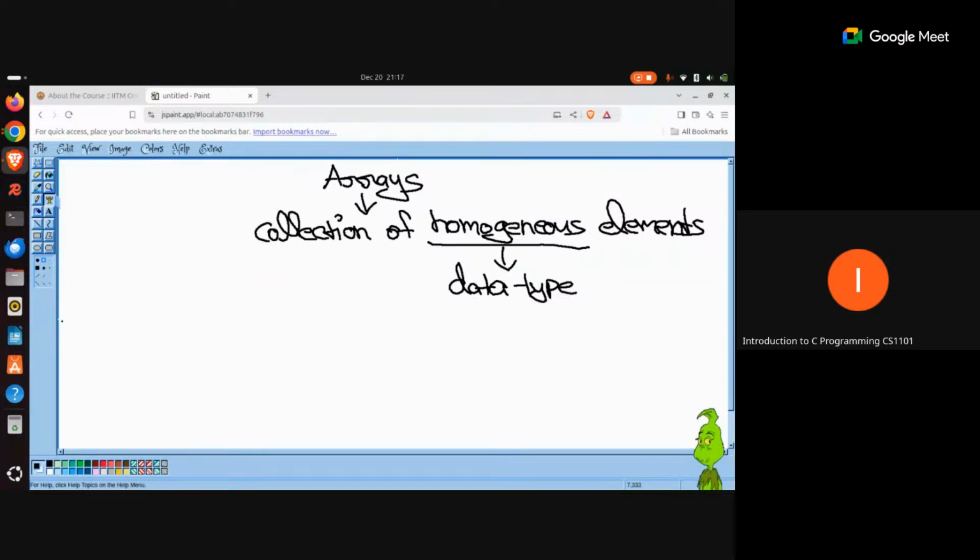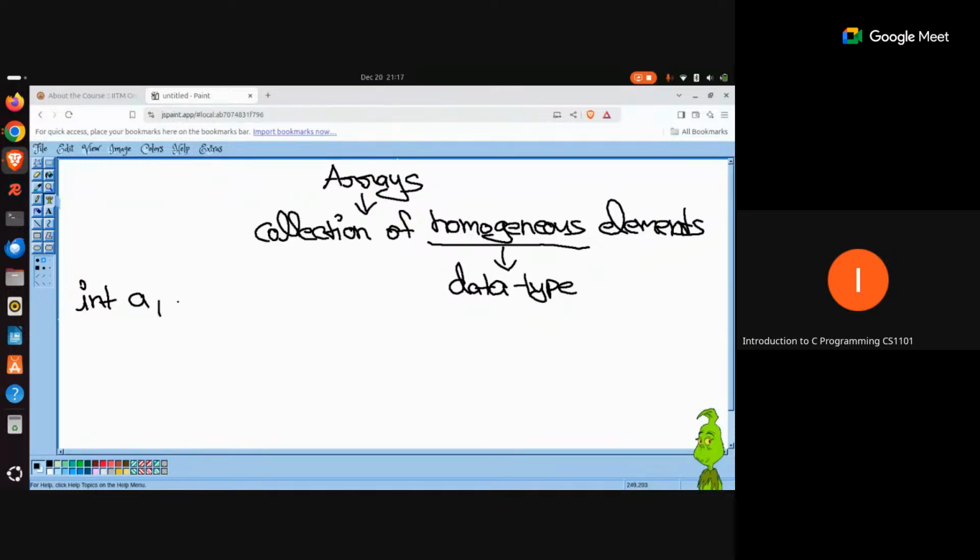So when assuming that arrays are not there, how would you work with multiple values when you are supposed to be writing C programs? You will be creating variables, integer types, float types, and any data type variable that you would want to work with. For simplicity, I would take the integer, and let's say I want to work with 5 values in my program. Let's say I want to accept 5 inputs from the user, find the sum of all those 5 inputs and return the sum to the user once again.